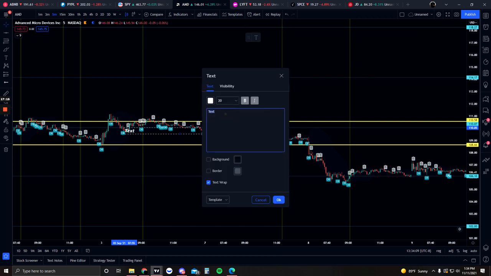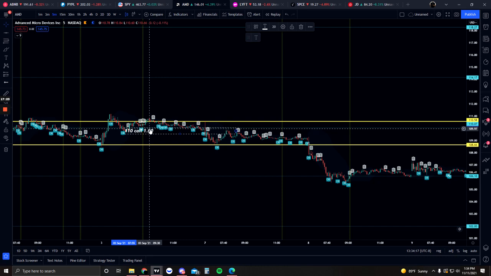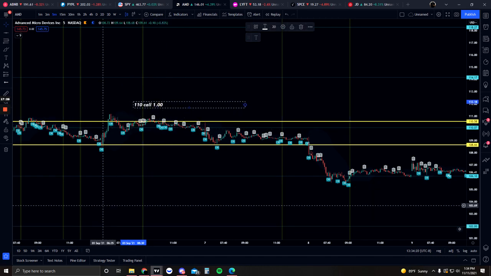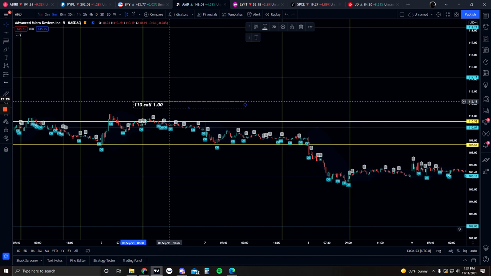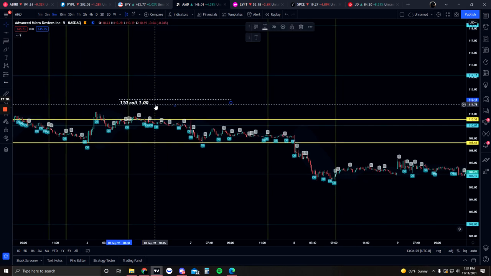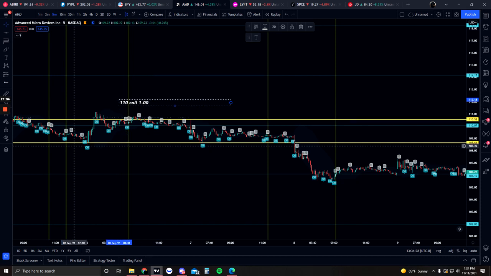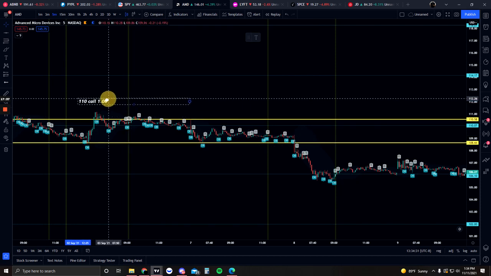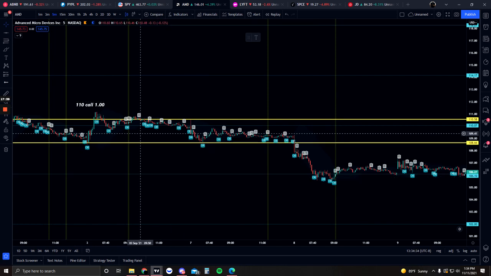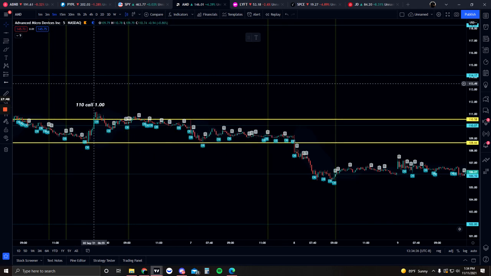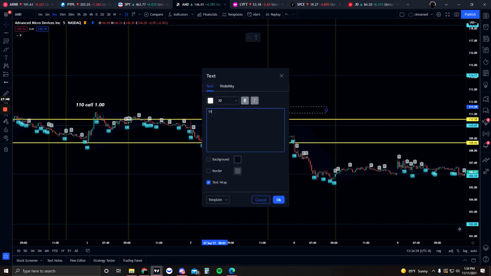Let me just show the. So let's say the 110 call was priced at, I don't know, $1 on the day before. So this is the Friday, because it jumped from 3 to 7. So I'm guessing it was a weekend. So 110 call was $1 here. On this day, when it chopped like this, the 110 call was probably down to, I don't know, 70 cents, maybe 80 cents, right? So it lost in price,